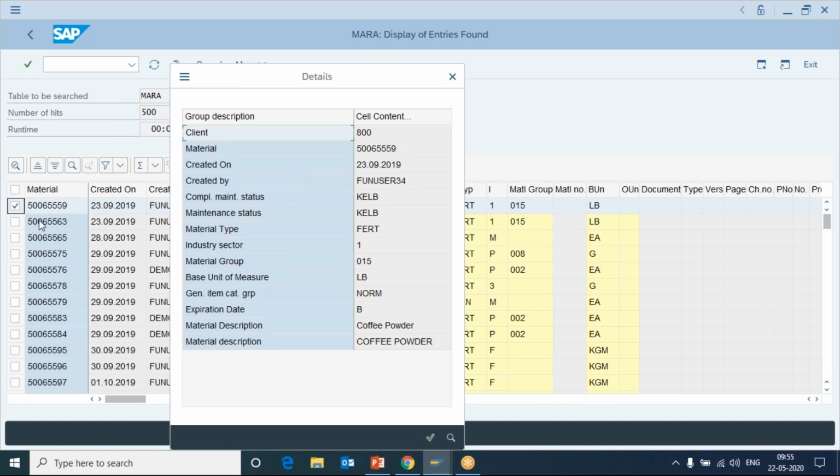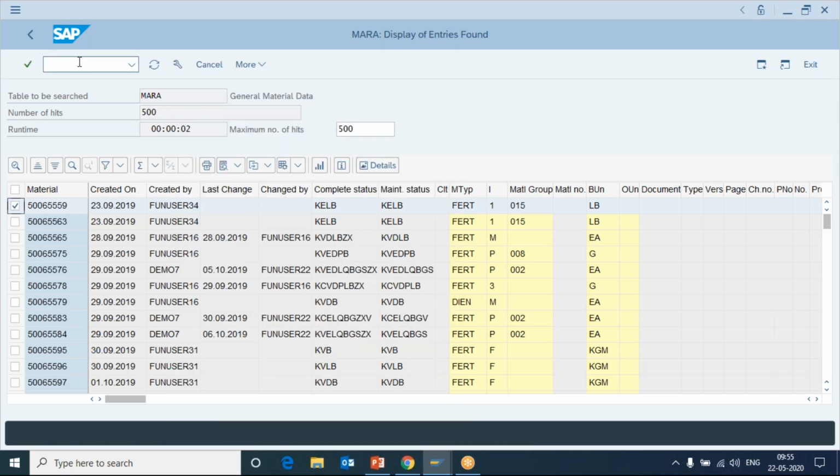You have to access the right table if you want to know what data is available in it. If you want to see data related to the coffee powder, you have to come to this table, access it, and then you can see all the data related to that. What is a material group, unit of measure, who created it, when it was created, all this data will be available in the tables.